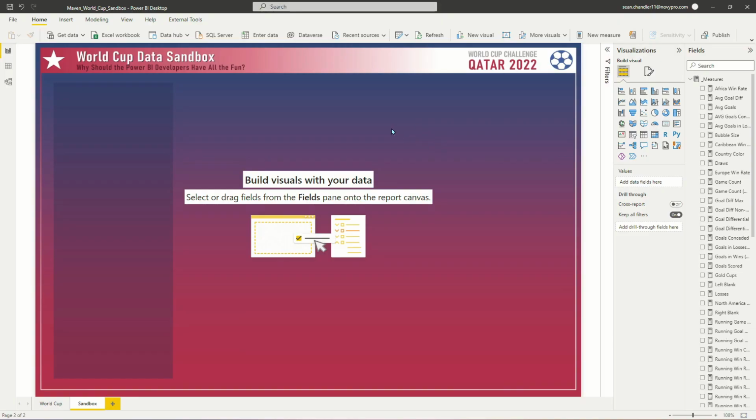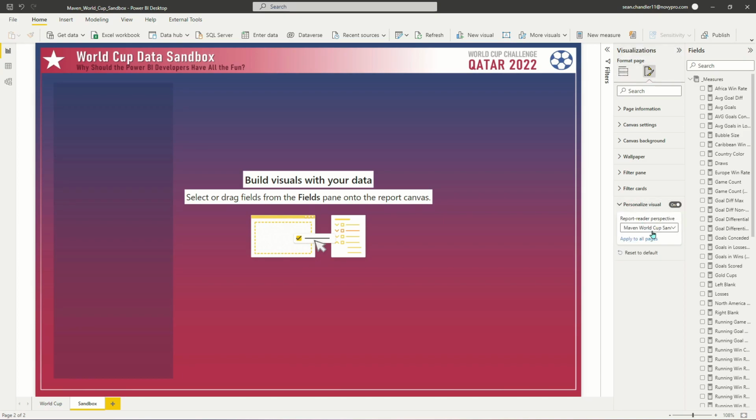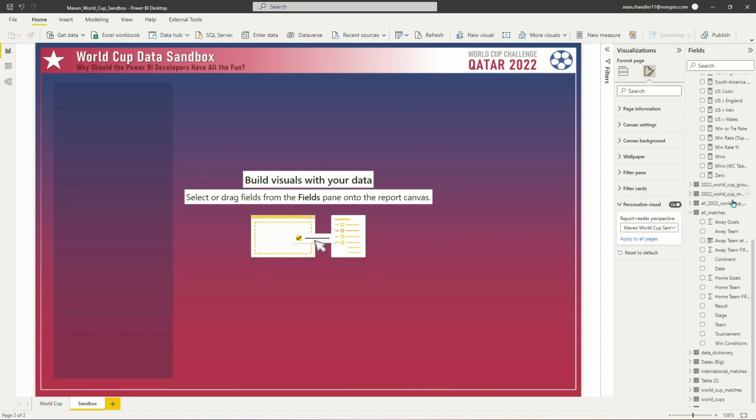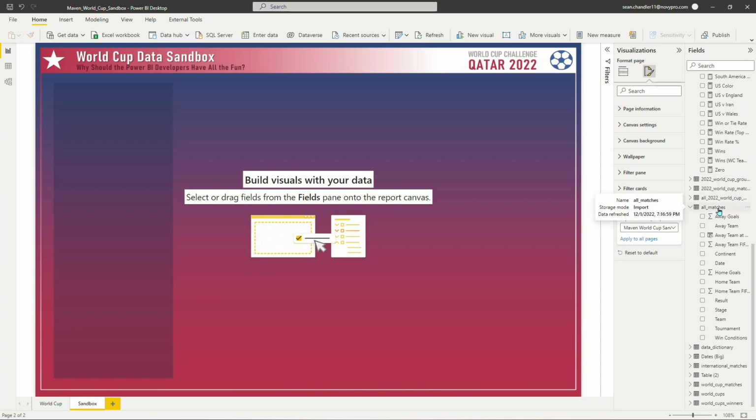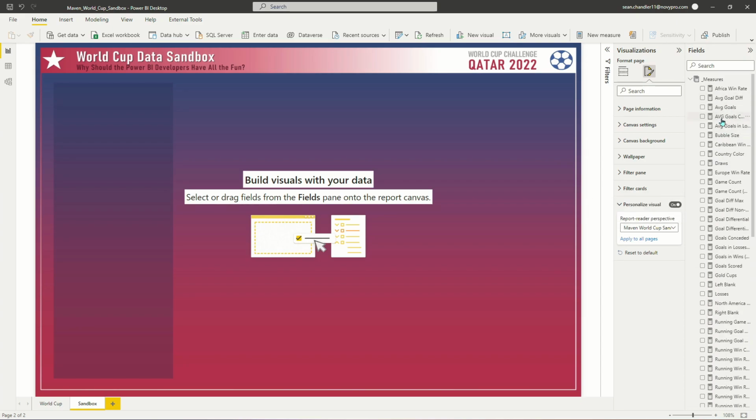So again, all of the really hard work for the sandbox is effectively already accomplished. If we go over to our page settings and go down to Personalize Visual, we've already created our Maven World Cup sandbox perspective in the Tabular Editor, so that any of the personalizable visuals in our sandbox are only going to pull columns from this all matches table. And out of all of these measures that I created behind the scenes, only about 6 of them are going to be user facing. So only 6 measures in one table are actually included in this perspective, so that we don't have to worry about our users,